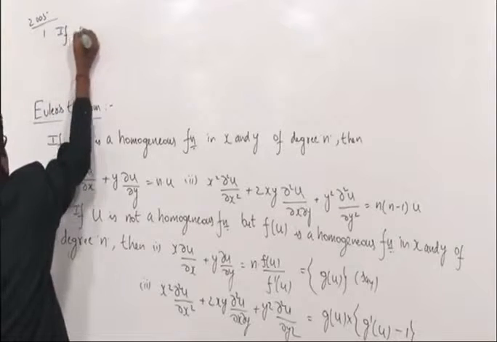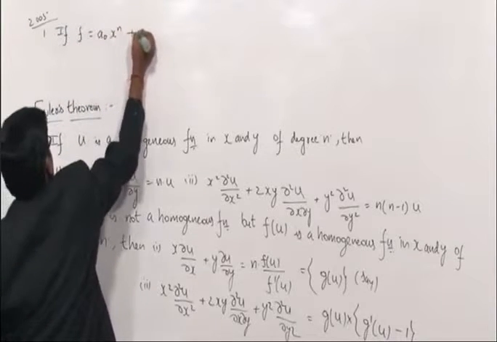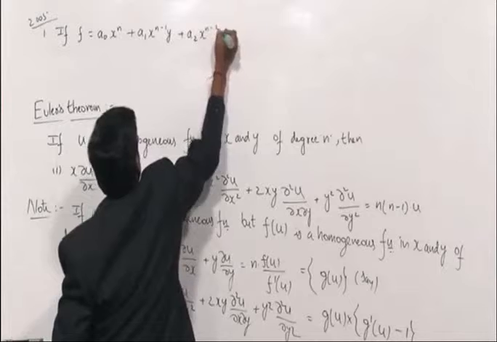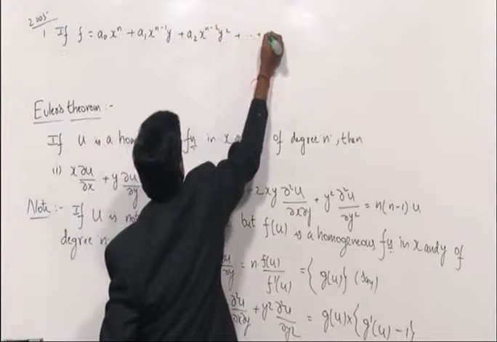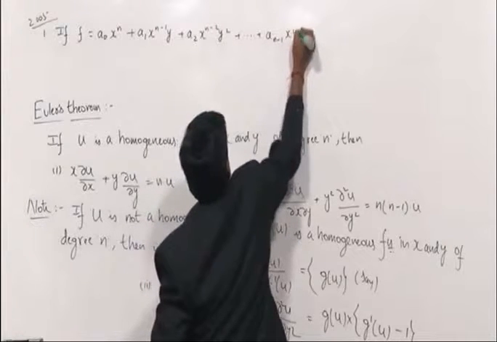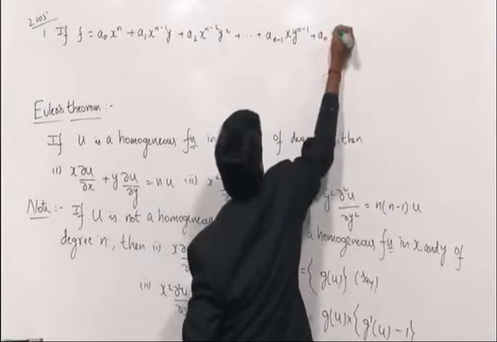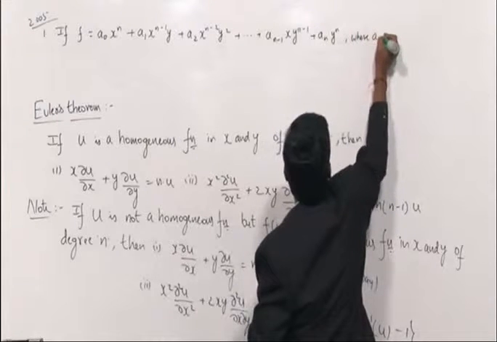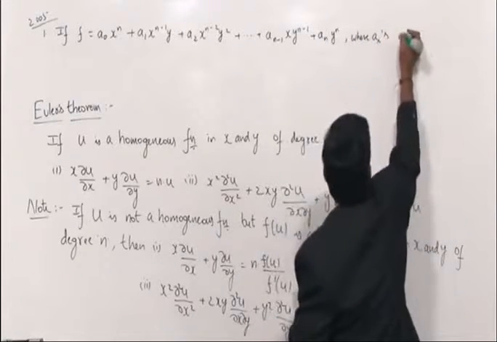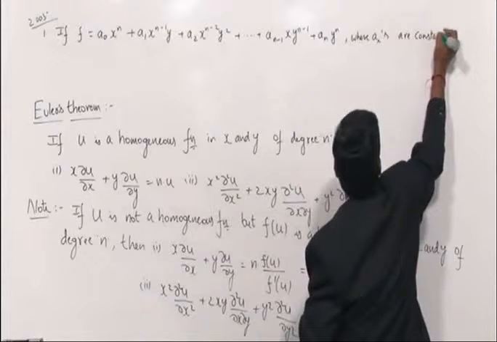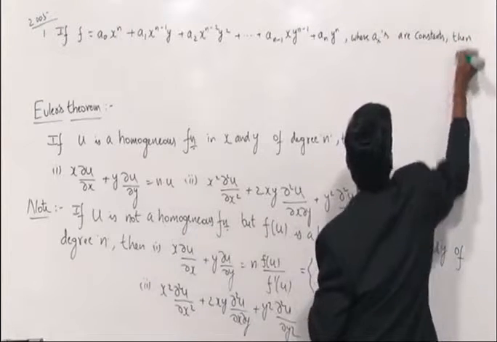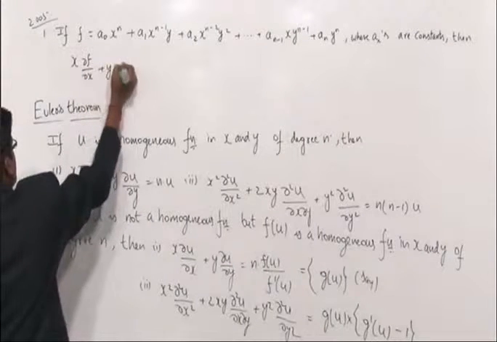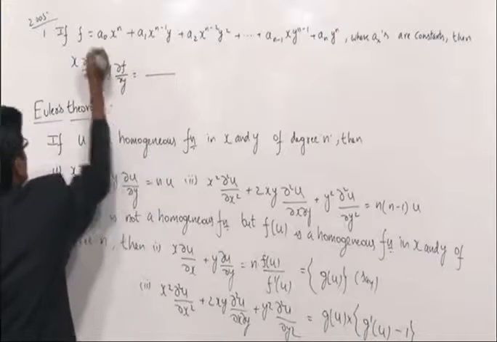If f is equal to a0 x power n plus a1 x power n minus 1 into y plus a2 x power n minus 2 into y square plus and so on, a n minus 1 x into y power n minus 1 plus a n into y power n, where the ai's, that is a0, a1, a2, are constants, then x del f by del x plus y del f by del y is equal to